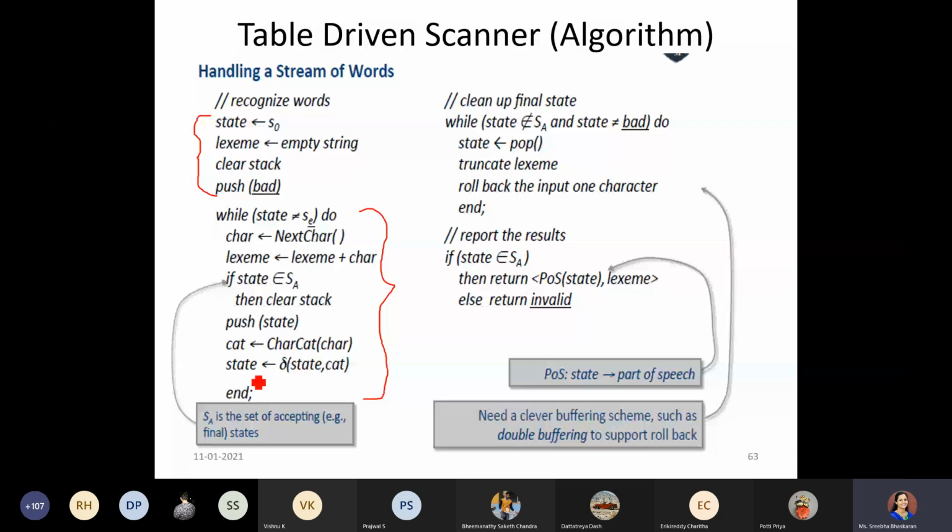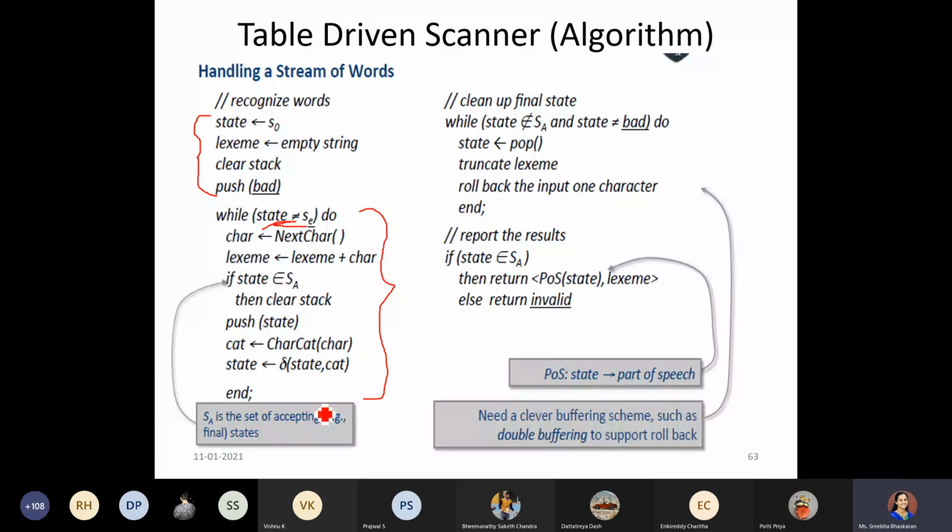So you would be iterating this, reading character by character. How long would you be doing this iteration? Till your state reaches an error state. Till that point of time, you would be iterating in this, reading the contents character by character, and you would be here itself. Once you come out, what happens?